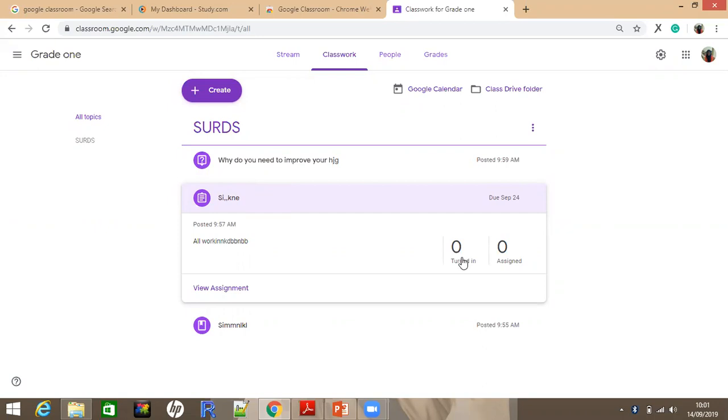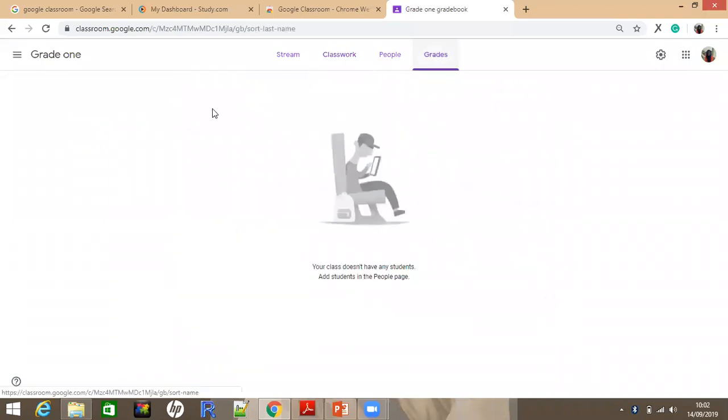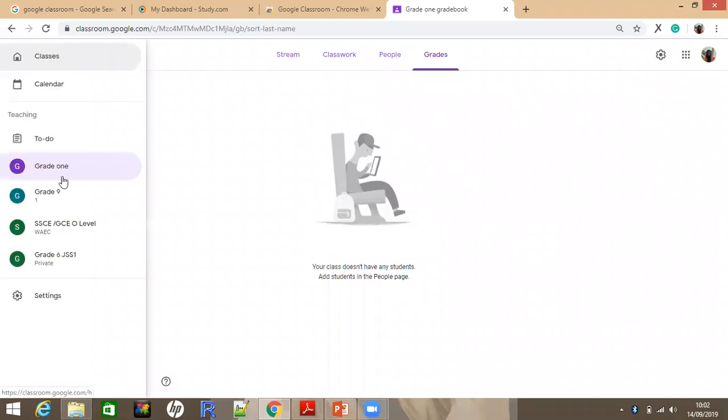Then I'm going to see the number of students that has turned in their assignment, or I can see the number of students I have assigned the assignment to. And if I click on their assignment here, then it's going to bring me under grades. And under grades, you can mark the assignment and put the total mark of the student. So to be able to see the grade feature very well,